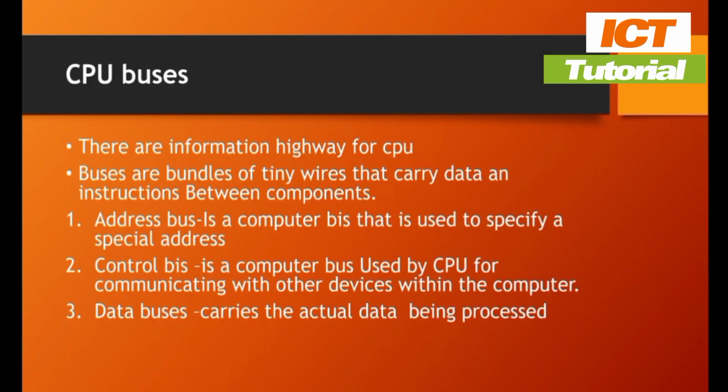That's the data bus. So I think we'll continue on the next tutorial about the processing devices, because we have only checked on one, that is the central processing unit. The rest are within the CPU: the CPU buses, the CPU registers, the arithmetic logic unit, and the control unit that are on the CPU. So we'll continue on the next tutorial and check on the next processing